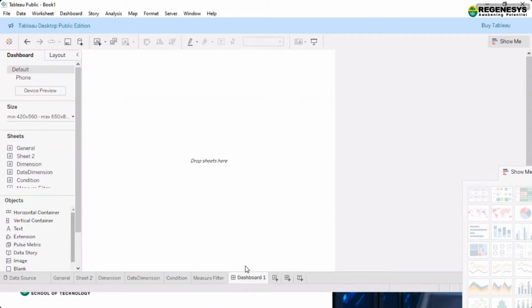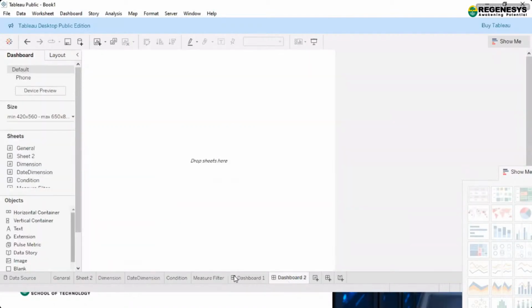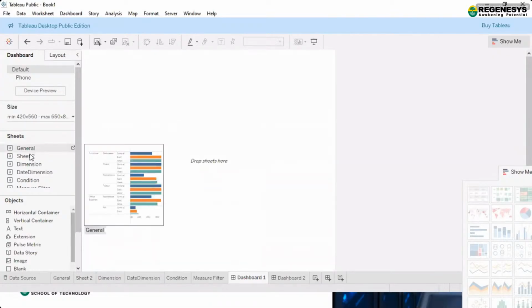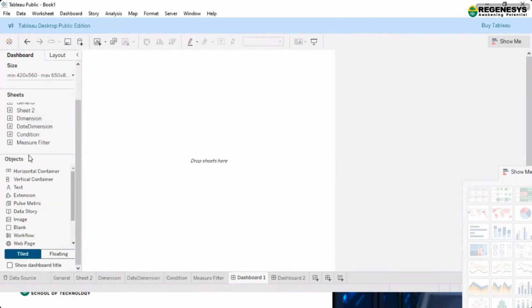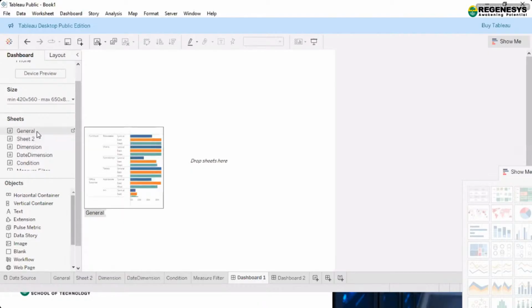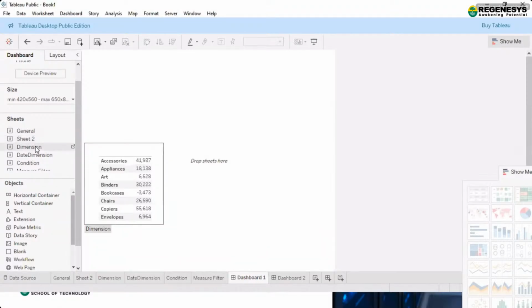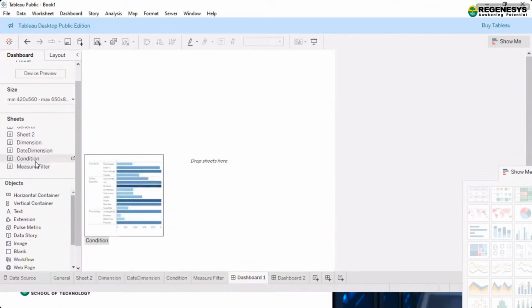But now I am able to see that my left pane is very different from the first one which we have in the sheets. In the sheets, we directly have the columns of the table. But here in this dashboard, we are getting the different sheets available. You can see we have this general tab, we have the sheets, dimension, date dimension, condition.